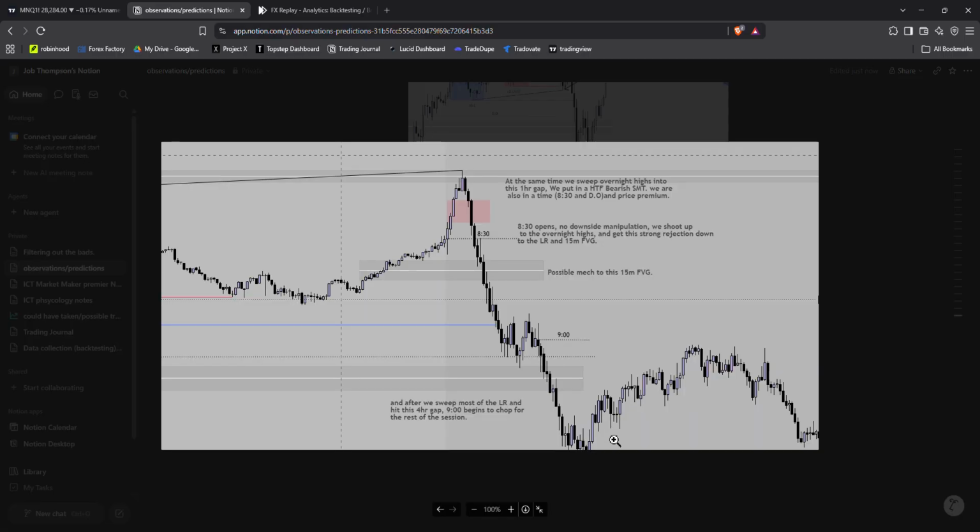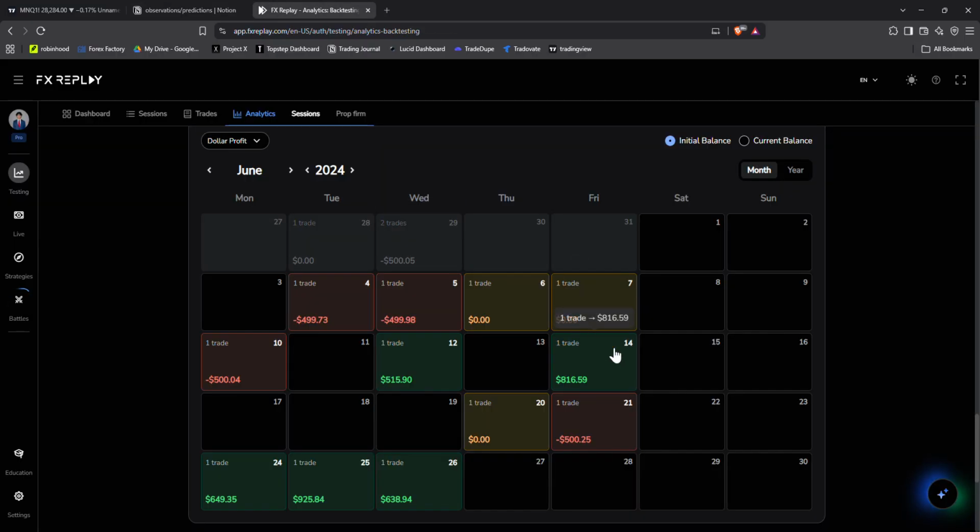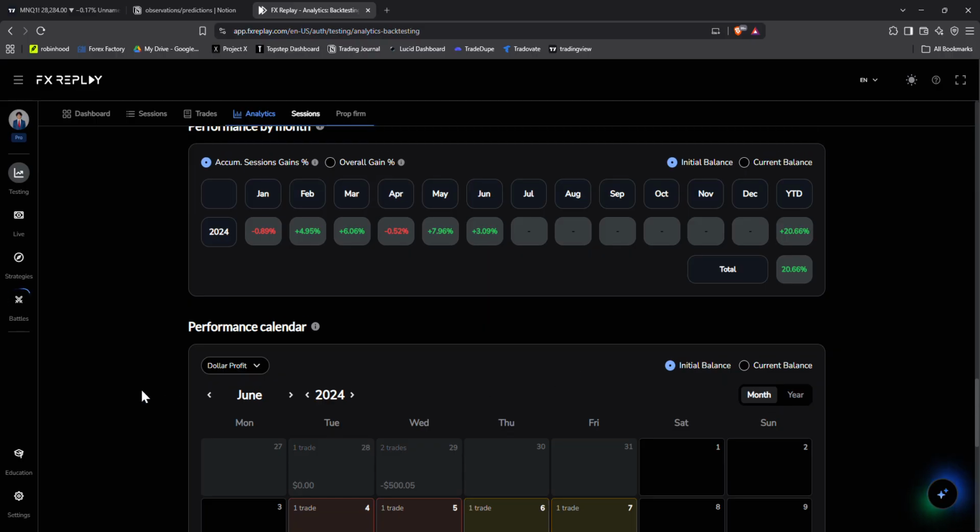Because if we look at a day like this, this is another Friday too. Look at 9 a.m. We create all this LR. Is this LR or is it just low volume, low volatility? We get this inversion right here. I enter. I get break even just because, after seeing this chop, it's like okay, I probably should get out. And it's also late into the session too, which is probably a bad thing. But 9 a.m. I get chopped out.